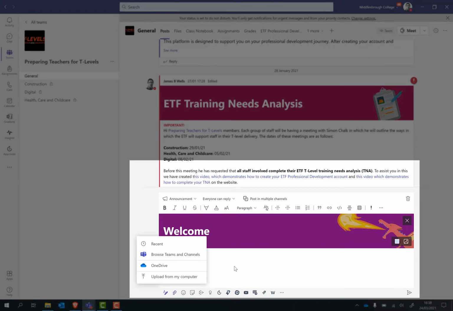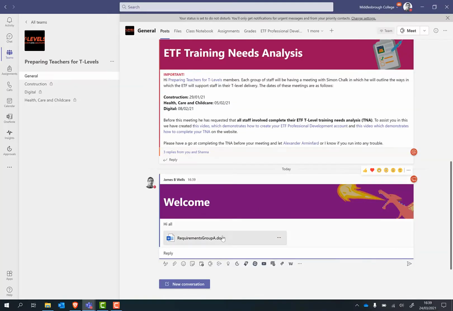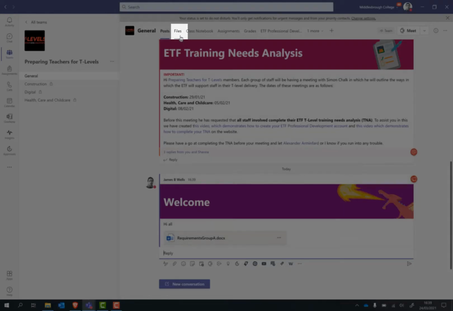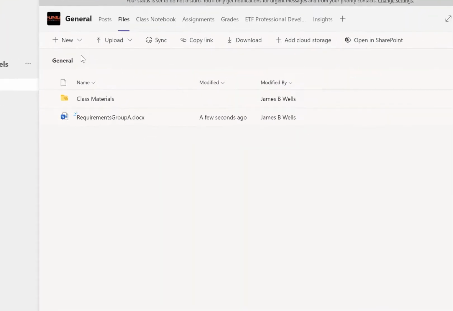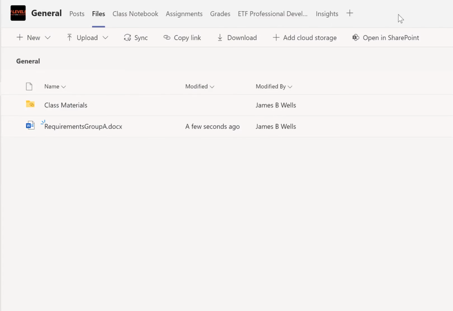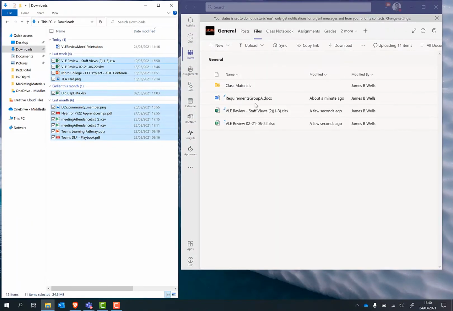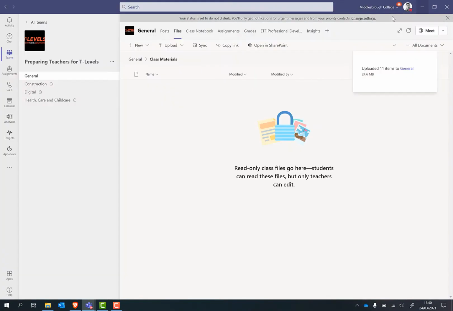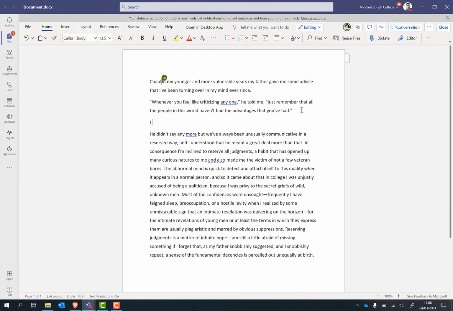You can just post content onto any team as you see fit, or you can use the Files tab. To use Files, click on the Files tab and then you can either upload content here, create new content, or simply drag and drop it in from any folder. Any files and folders you add to the Class Materials folder are read-only, so your students can see them but not edit them. Any files you add outside of this folder are fully collaborative, with all members having access to